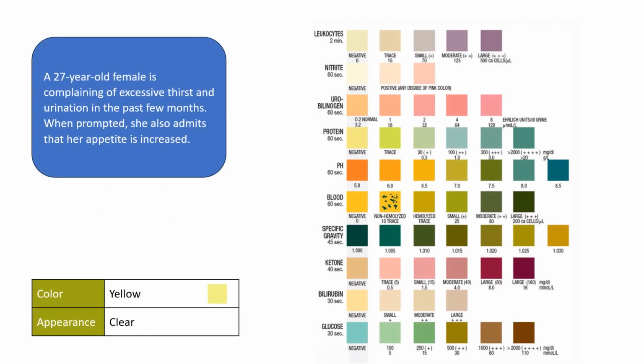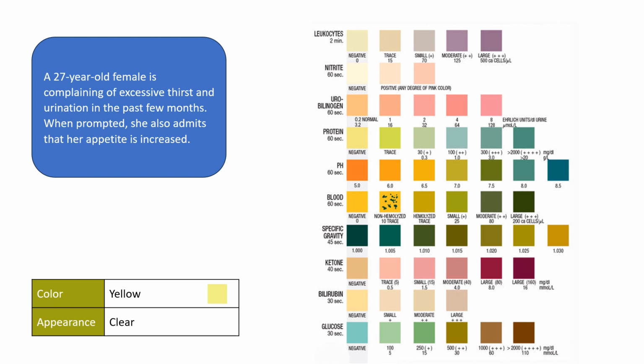This patient is a 27-year-old female and she's complaining of excessive thirst and urination, which she has noticed for the past couple of months. When prompted, she also admits that her appetite has increased. Now, I know a lot of people at this point would be concerned that she is pregnant. You'd want to run a pregnancy test, but let's just go ahead and run the urinalysis first and see if we have something that directs us away from the pregnancy